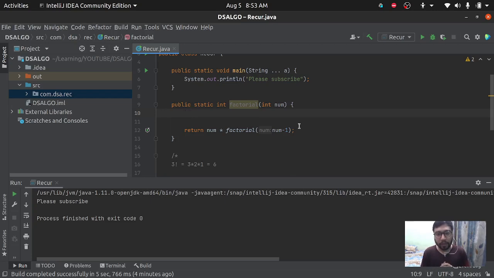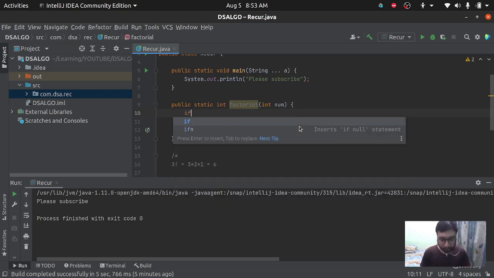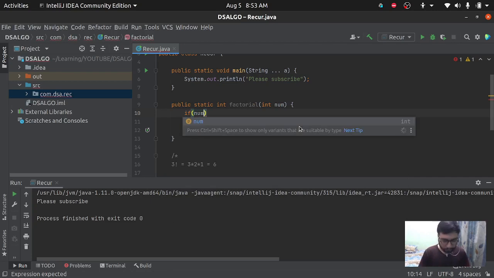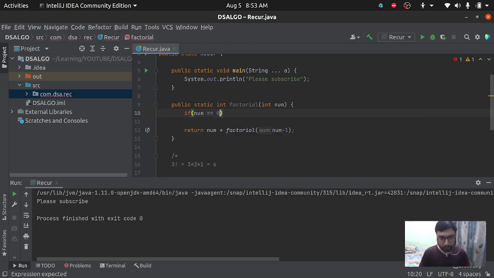In this case, our smallest valid input will be 0, because as we know, 0 factorial is always equal to 1. So let's put it like that: if our num is equal to 0, then we'll return 1 over here. So this is our second condition matched.